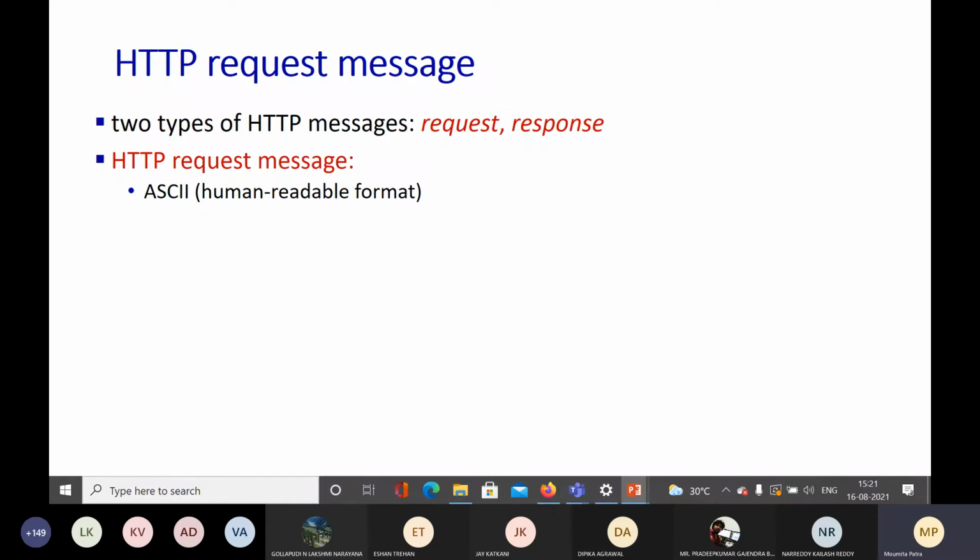Ma'am, the client can send messages at regular intervals, letting the server know that it's still interested in the resources from the server. And if the server doesn't receive a message for some interval, it may disconnect the client. Yeah, that's the solution you are talking about, right? Yeah, a solution to this problem. Yes, so solutions to this problem are there, but I'm saying this is a problem that can happen in case